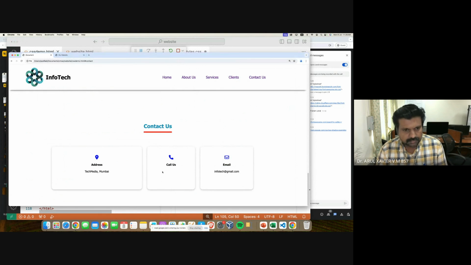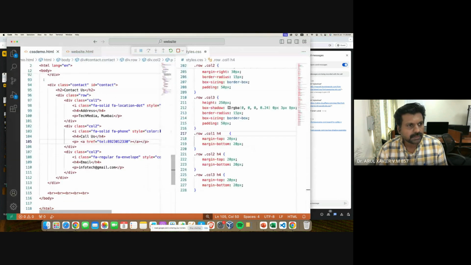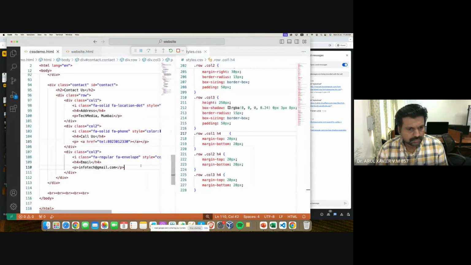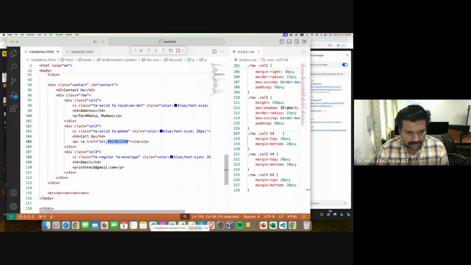I think it's not saved. One minute. Save all. href, not, you have to use the number. Okay, listen carefully. So here you have to copy the number. In the tel column also you have to place the number, and for the user also you have to display it, right? So for that display purpose, after this angle bracket you have to put the display text. Okay,